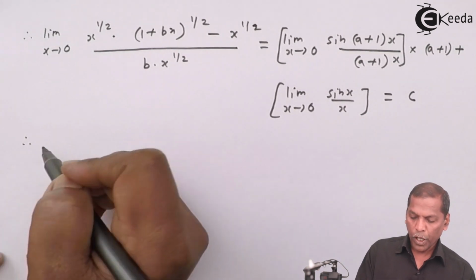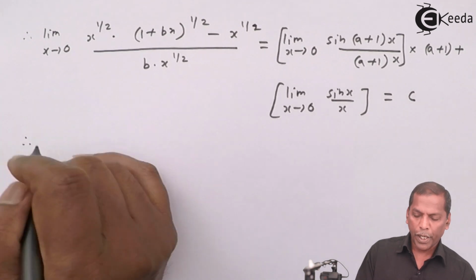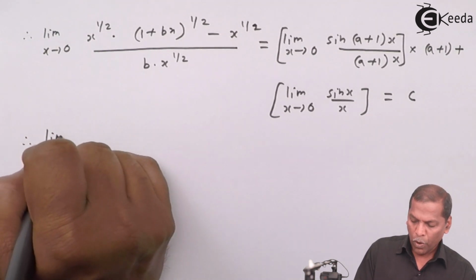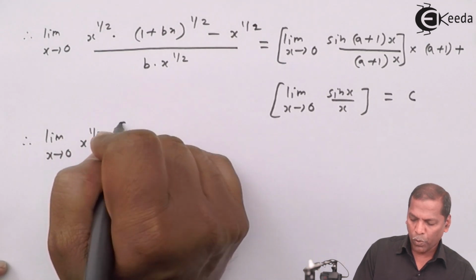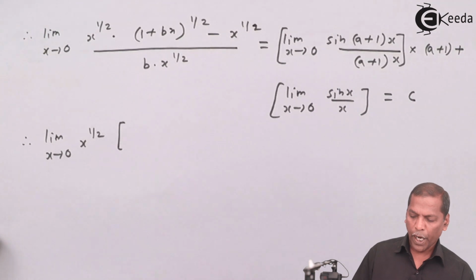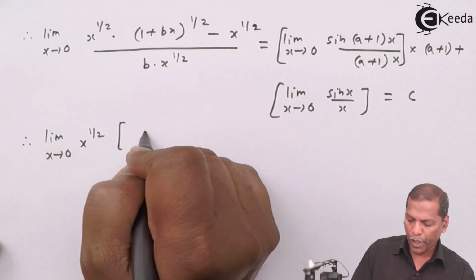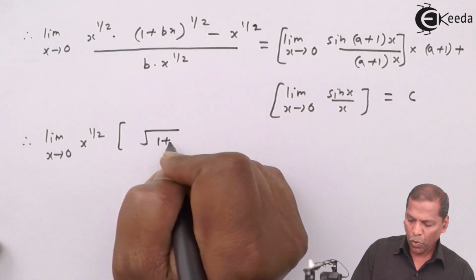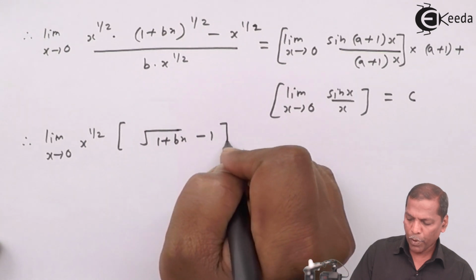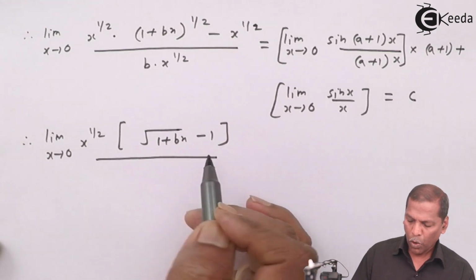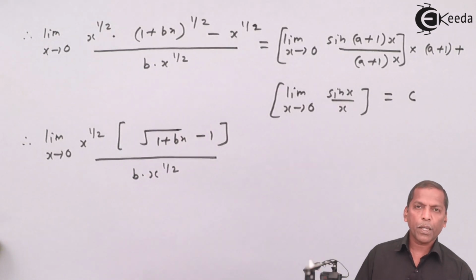Therefore, here we take x raised 1 by 2 common from the numerator. So we have limit x tends to 0, x raised 1 by 2, and in the bracket we are left with 1 plus bx raised 1 by 2, so that we write the square root of 1 plus bx, then minus 1, whole thing divided by b into x raised 1 by 2,